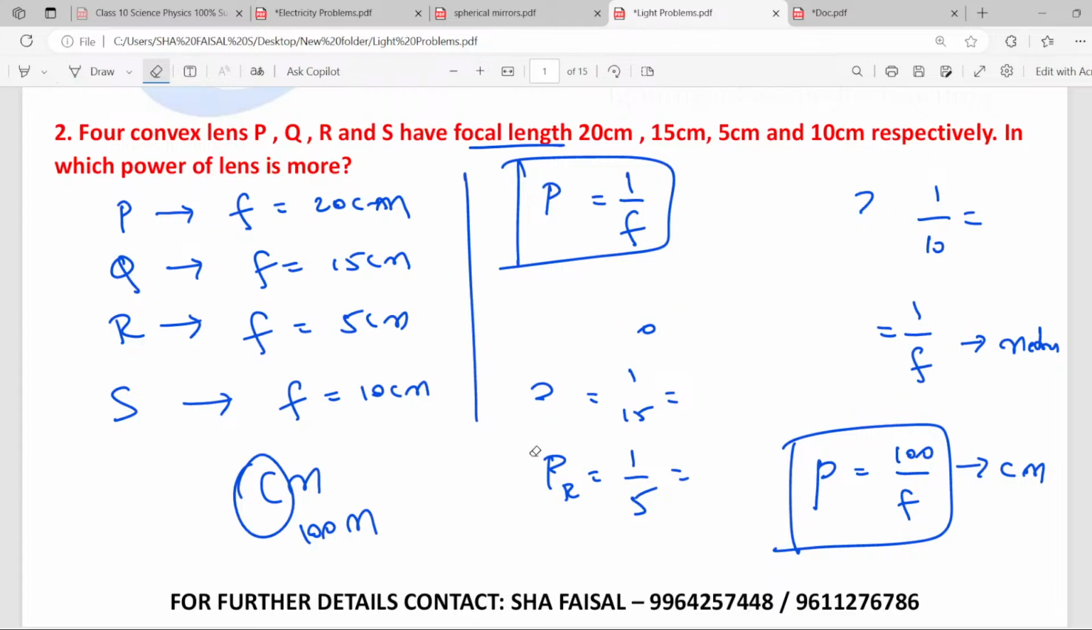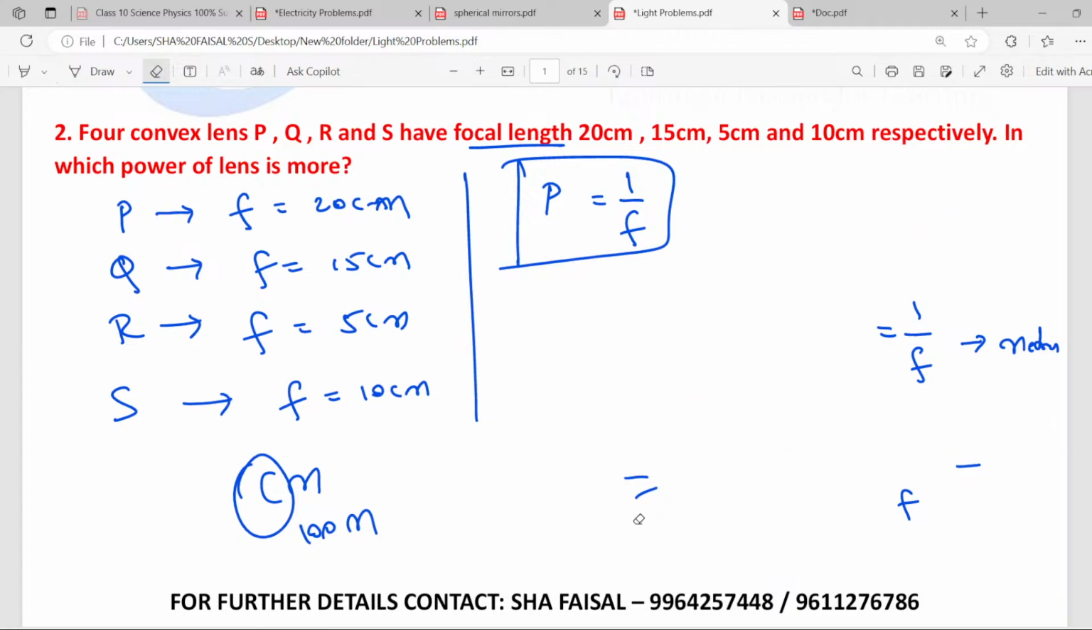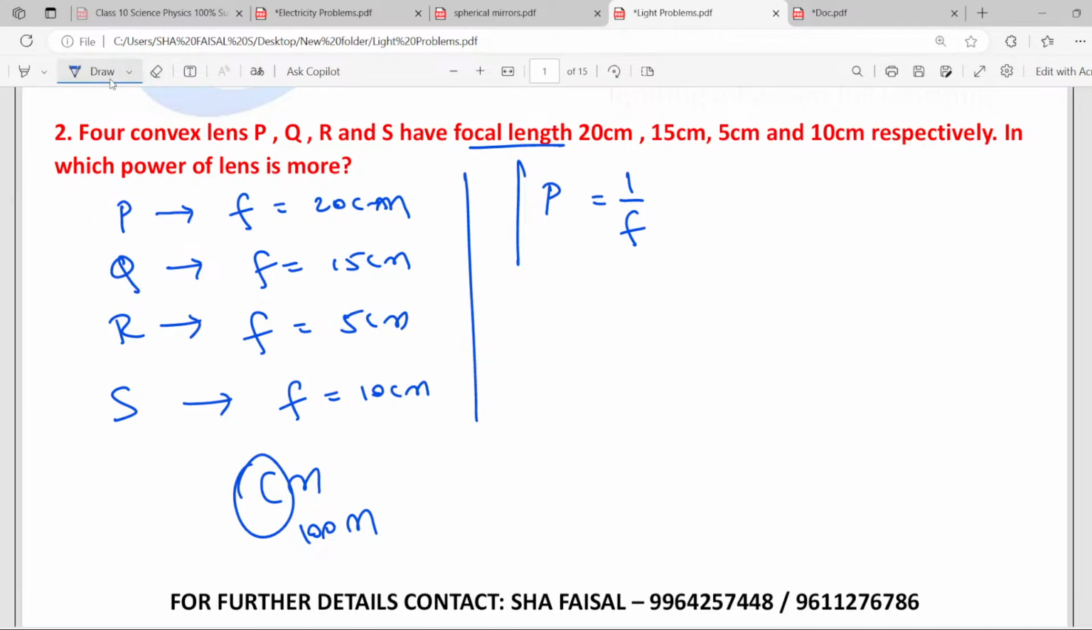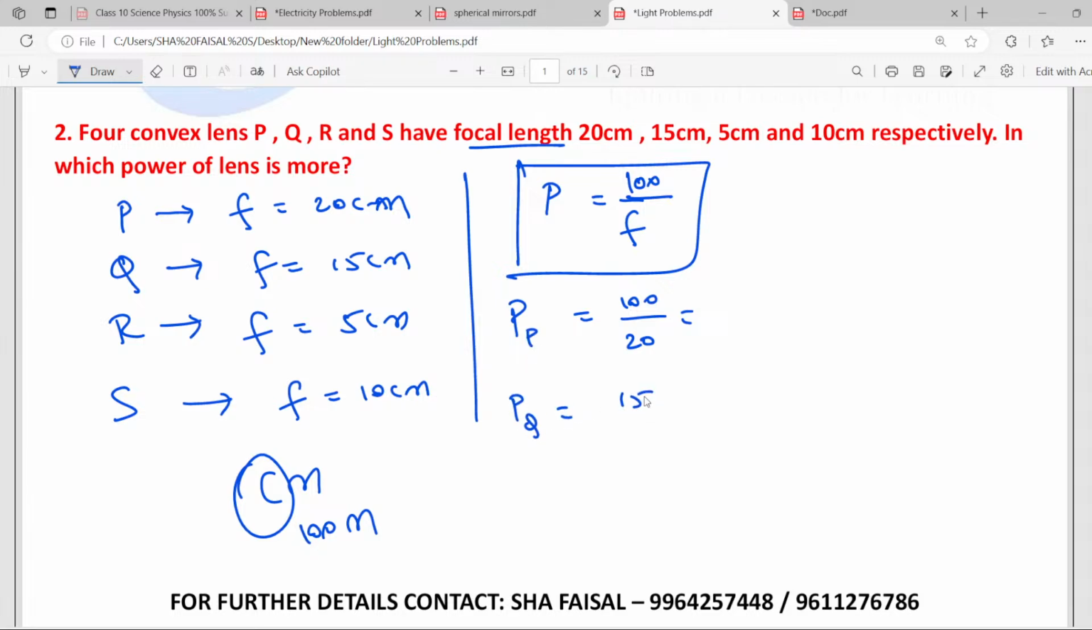Coming back to this problem. They have given it in centimeters, right? Since they have given it in centimeters, what are we supposed to do? We have to use 100 by F. So 100 by 20 is the power in P. Power in Q is 100 by 15. Power in R is 100 by 10. Power in S is 100 by